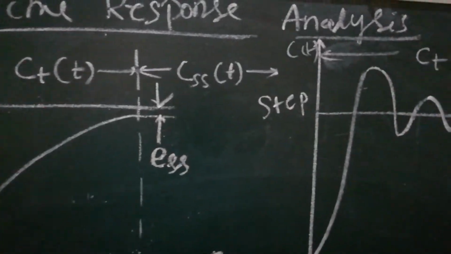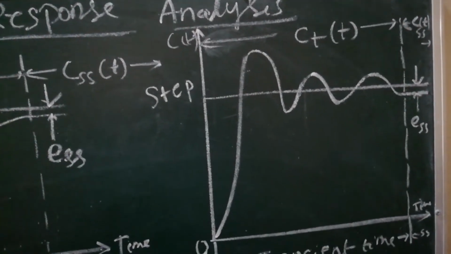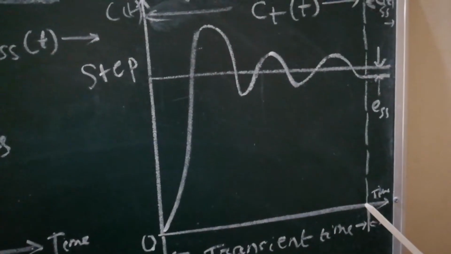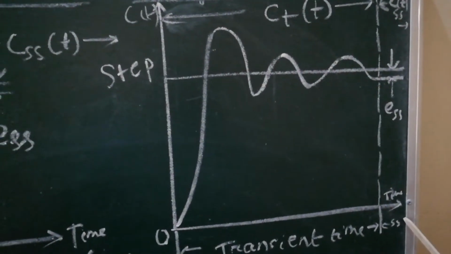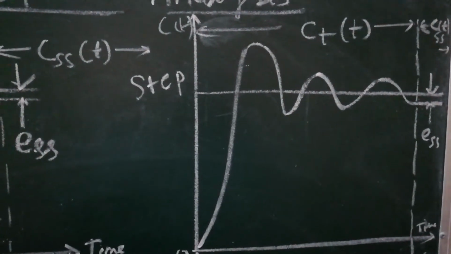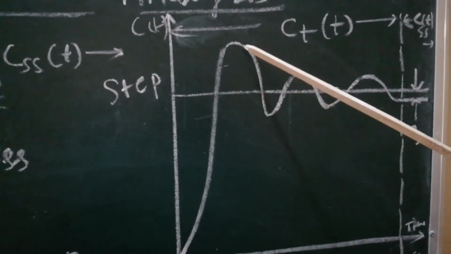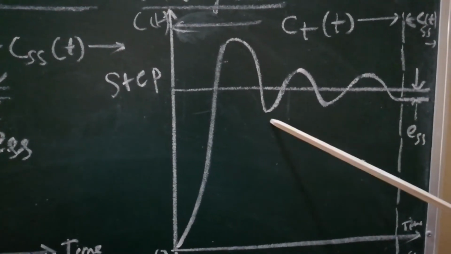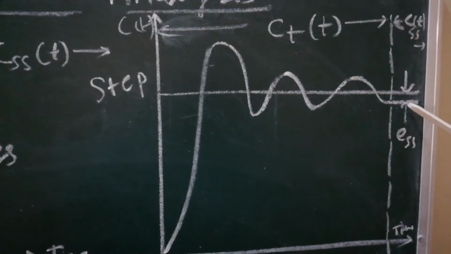Fine. Next I will go to the other figure where the system shows oscillatory nature. The other things are the same, up to this point the variation is still there. So this is transient time, and after that the time is for steady state. And similarly this is the step response, and we have compared our system's output with the step response. As our response is oscillatory in nature, we have shown it like this, and gradually it stabilizes, and the figure looks like this.